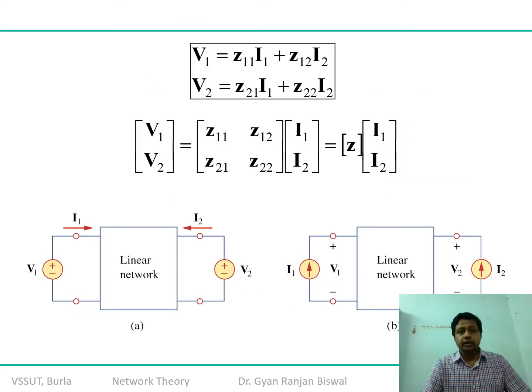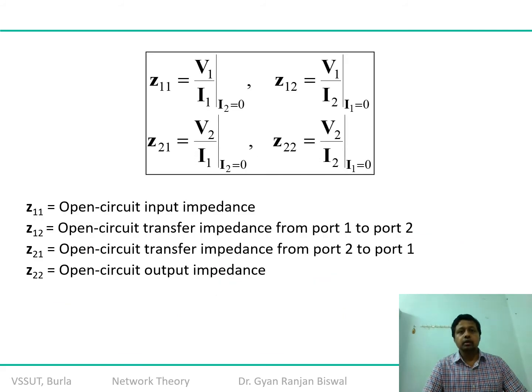Okay, so that's how we can get this. Typically it is nothing but a matrix arrangement, so that's how you can get these four parameters. In terms of impedance, overall, this is recognized as Z. So if you are asked to calculate the impedance parameters of the two-port network, that is the way you can calculate. This Z will be equal to Z11, Z12, Z21 and Z22. You have to calculate these four parameters.